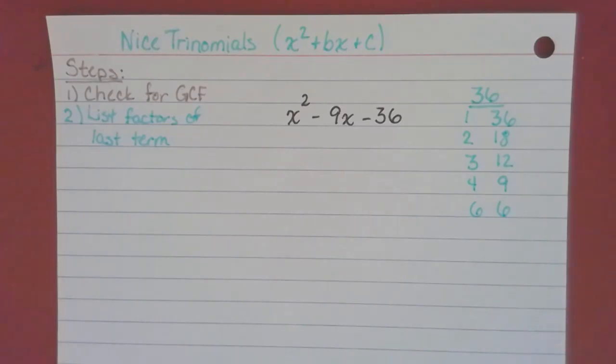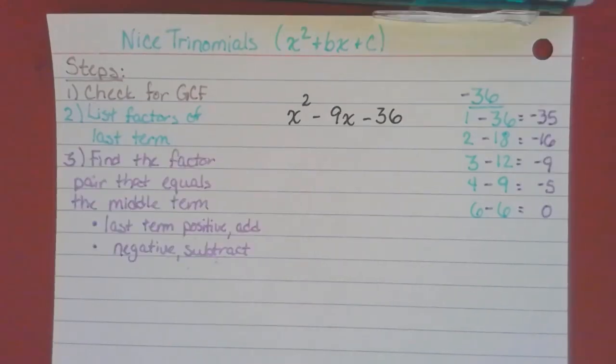So our next step is to list the factors of the last term. Our last term is a negative 36, but I'm going to start by just doing the factors of 36. So I've got 1 and 36, 2 and 18, 3 and 12, 4 and 9. 5 doesn't go in, so I skip the 5, and then 6 times 6. Now, because the last term is negative, that's going to tell me I'm going to be subtracting my factors in